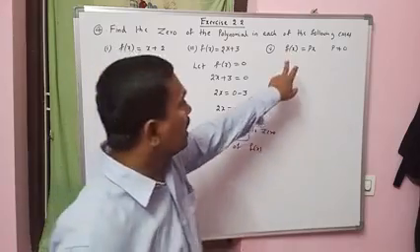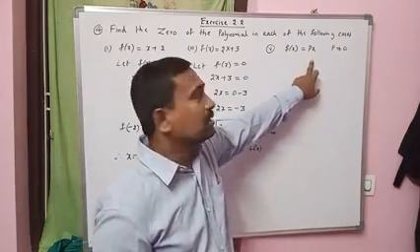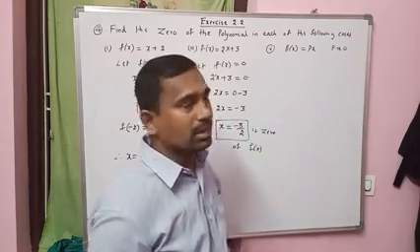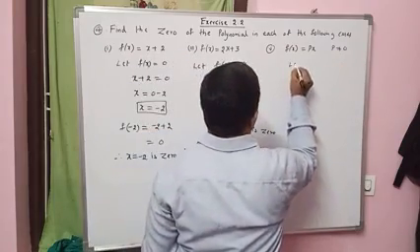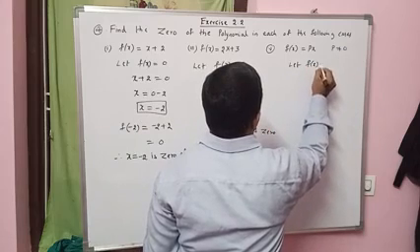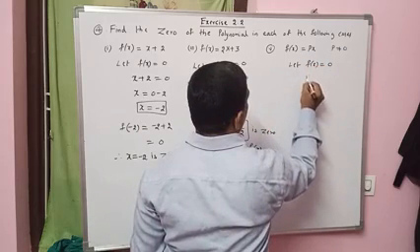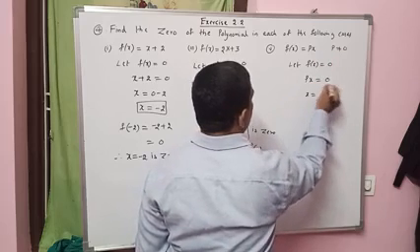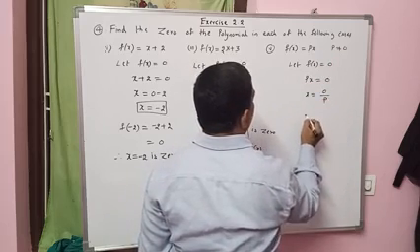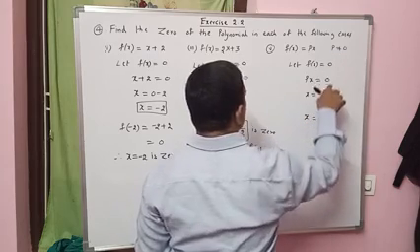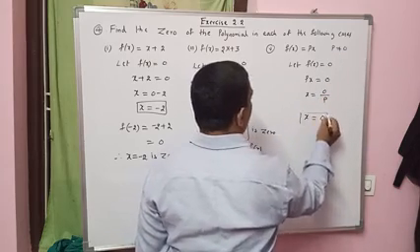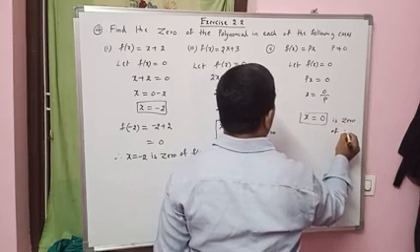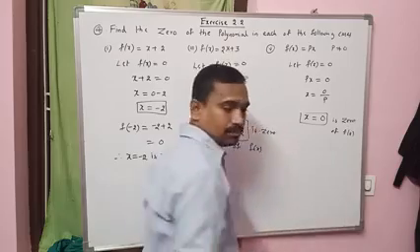Now here see, f of x equal to px. So p is not 0. p is any real number. Same method. Let f of x equal to 0. What is f of x? px. px equals 0. p is not a 0 number. So transpose p to the right side: 0 by p. Since p is not 0, 0 by something is 0. So x equals 0 is the zero of the polynomial f of x.